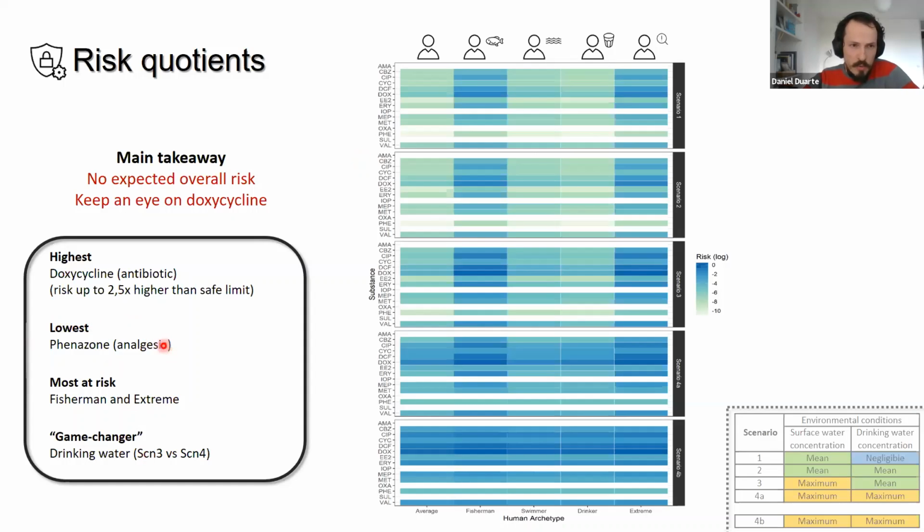Phenazone, on the other hand, was the one that showed the lowest. Here I just wrote "game changer" for drinking water, just to emphasize that luckily for us, we live in countries where drinking water is very safe in terms of human health, at least as far as we could tell in this analysis. But if we were to be in a situation where drinking water was